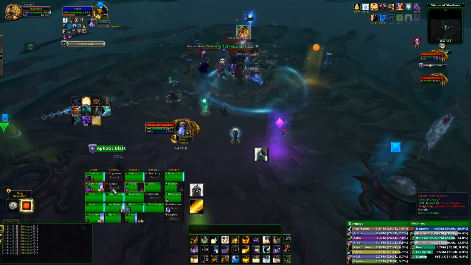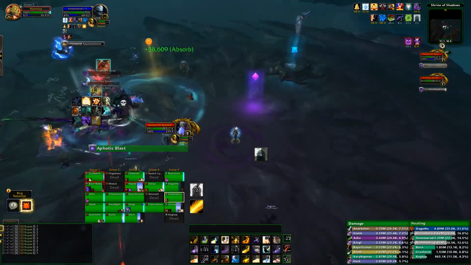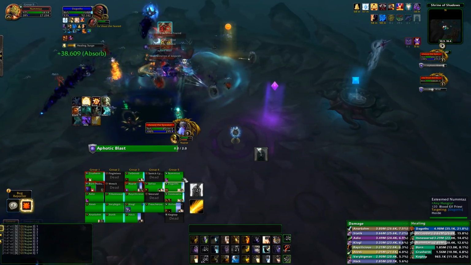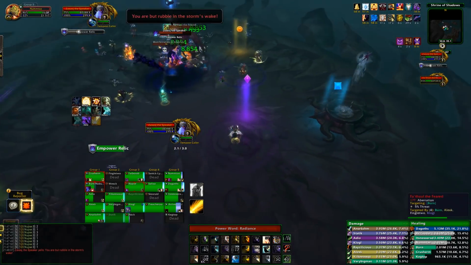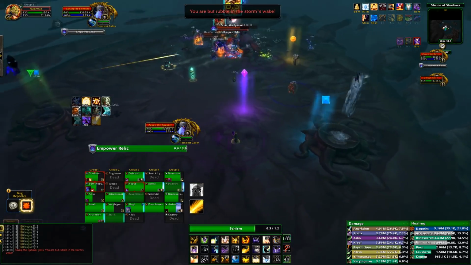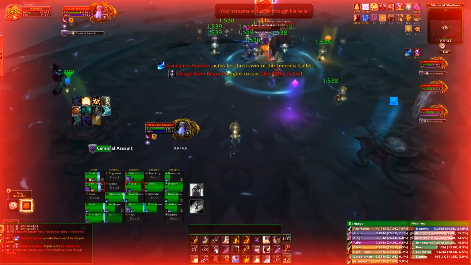But going back to the encounter for a second, going back to the whole idea of talking about these choices and the risk and reward, the Promises of Power debuff, although it's only one mechanic, I really think that's going to be a big key to Mythic, at least. On Heroic and Normal mode, you can kind of get by with not really using it. It's probably not going to be scaled to the point where you're going to need to